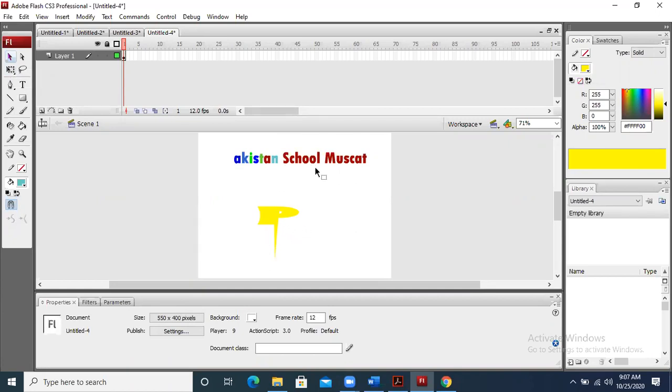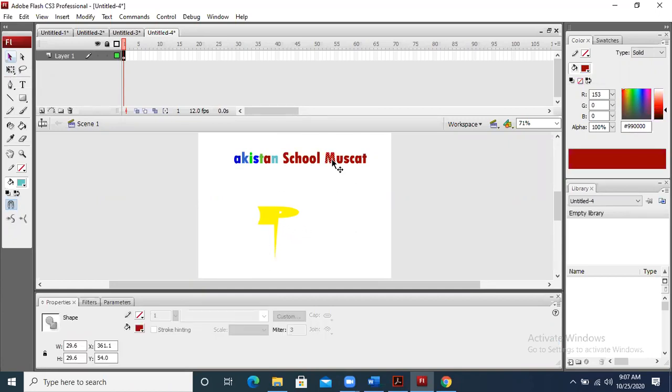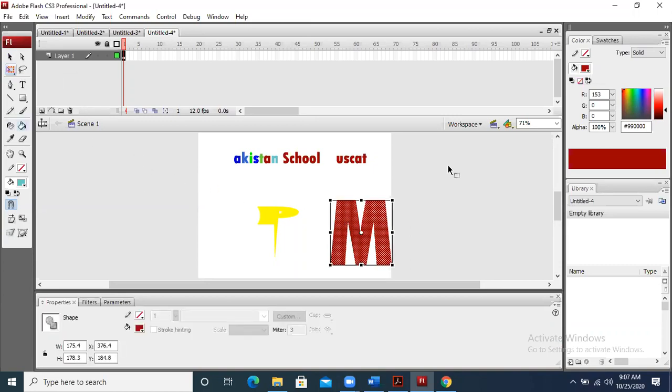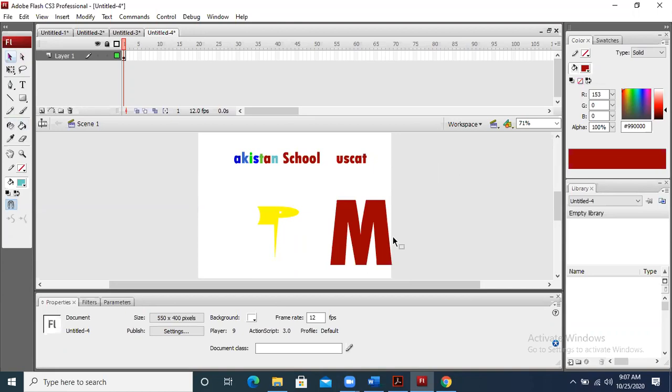Let's suppose this is M. If I bring the free transform tool, I can change its size. Now see, it is a graphic. If I bring the selection toolbar to the outline, I can make it a curve. It is being converted to a curve. I can change its position and its shape. Can you see how I am doing this? Why? Because now this is not a text. It is a graphic, it is a drawing. So in the drawing, you can make changes.